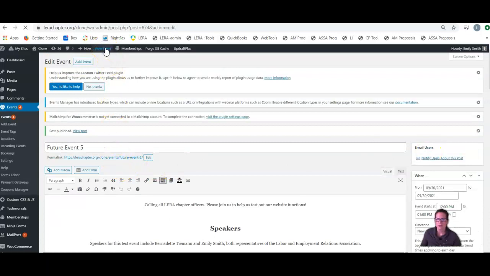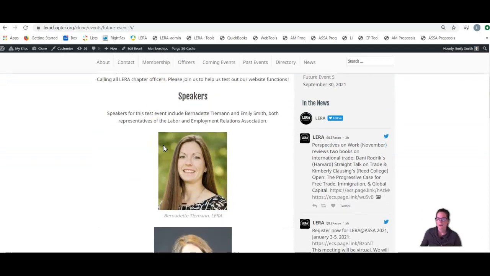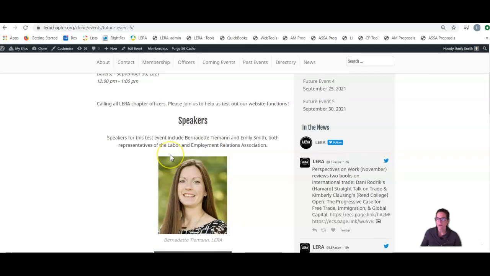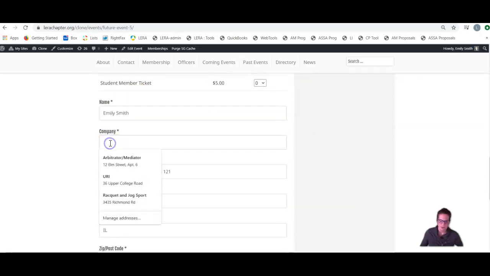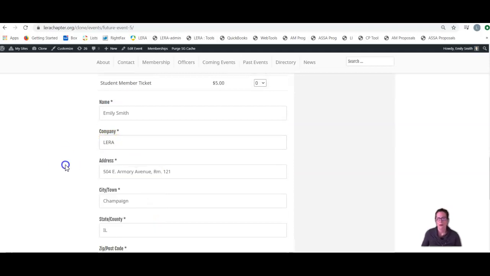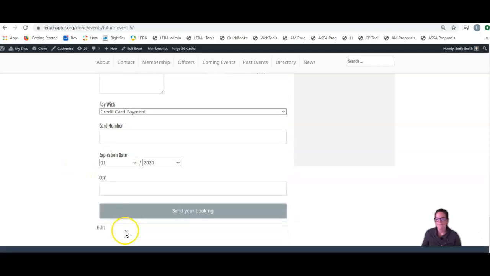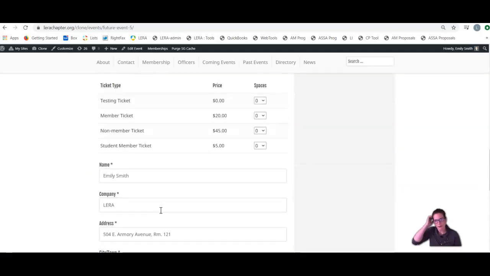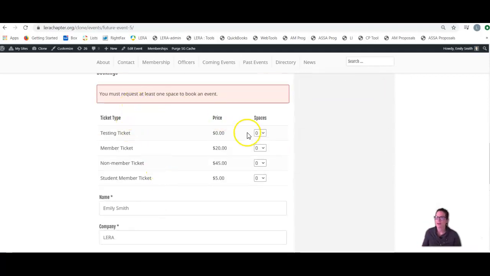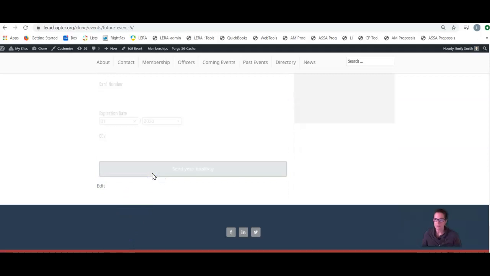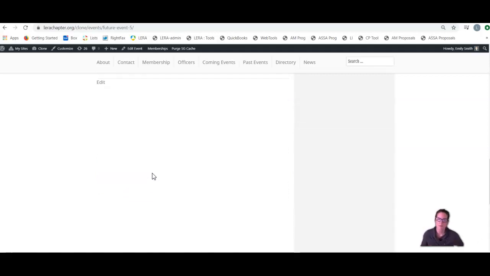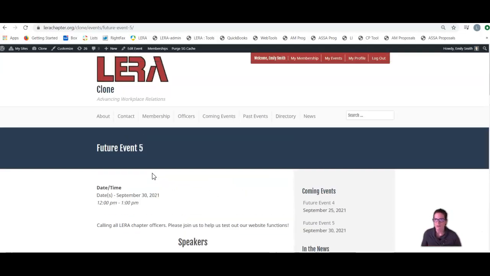And we can view that event here. As you can see, it's all centered. And our bookings are live. We can take the bookings form. I'm going to go ahead and send my booking. Oops, I did not actually select a ticket, so I'm going to go ahead and select one free testing ticket. Send. And now I have successfully registered for that event. Thank you. I'm going to do a separate video